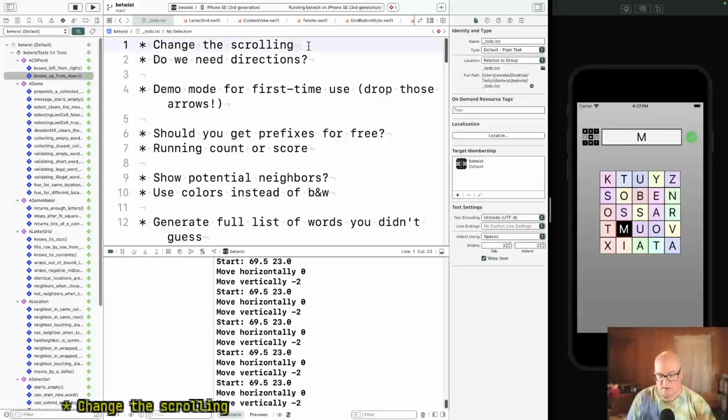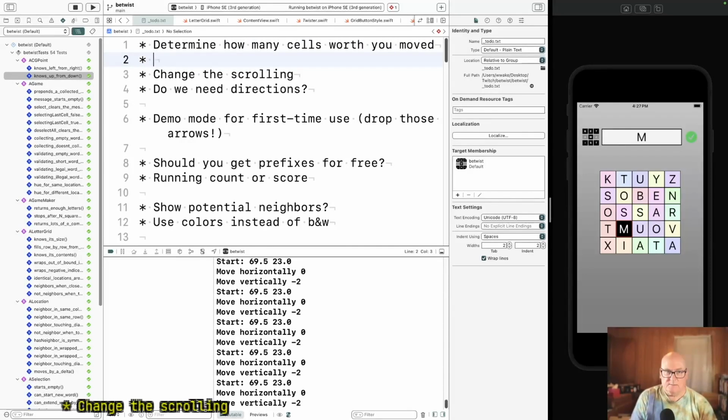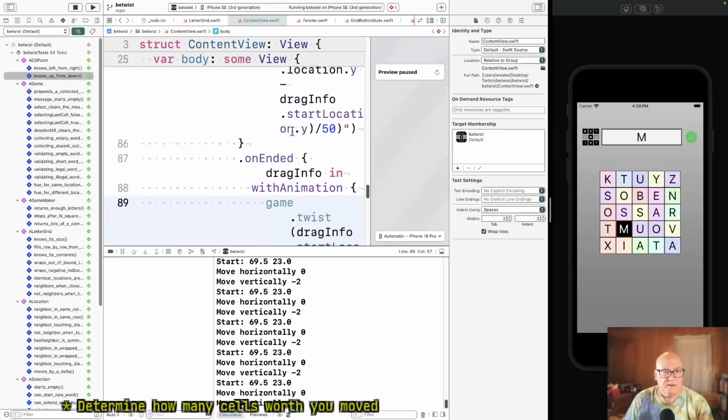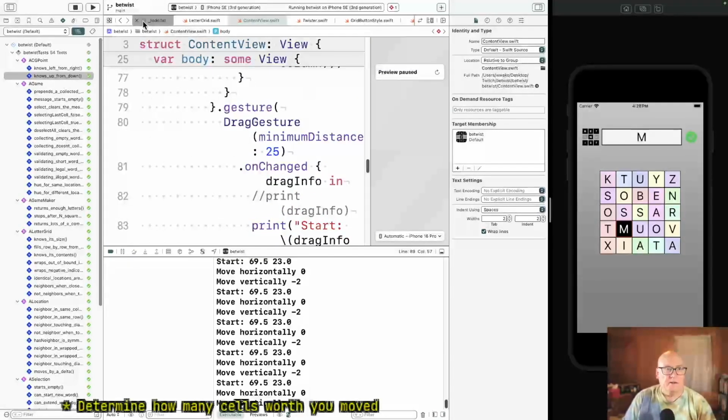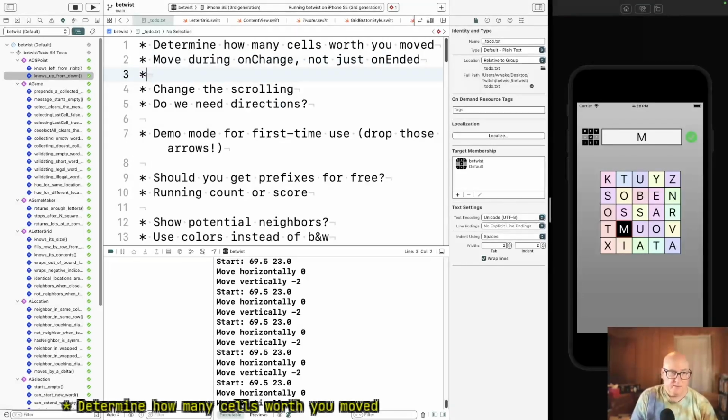okay, let's record something. Okay, so I think we're going to eliminate directions, but we need to determine how many cells you dragged, you moved, how many cells worth you moved. Okay, we need to move during on change, not just drag change, drag end. Is it drag? On ended, on changed. Okay. On ended, and I think we're going to have to debounce during the drag process. Okay. And I don't think any of those are 2-minute activities. All right. So